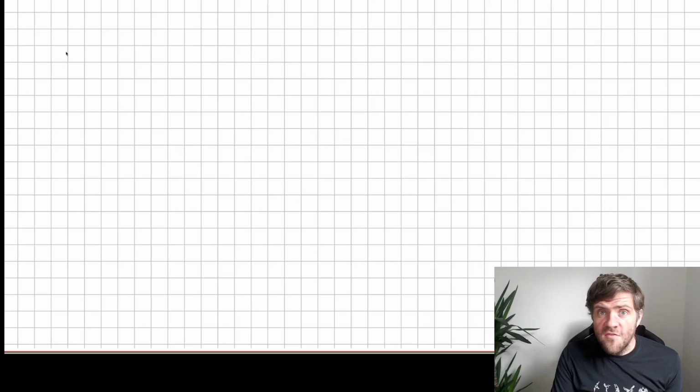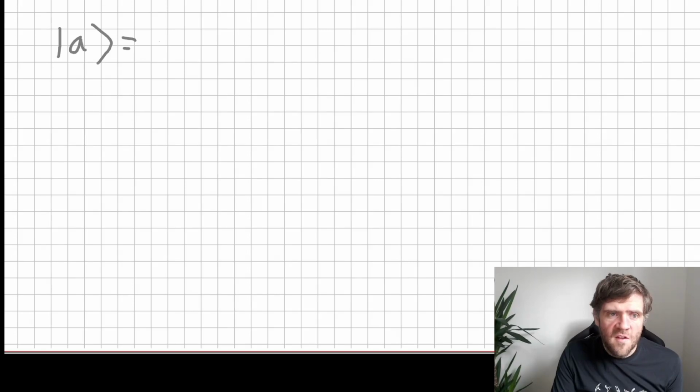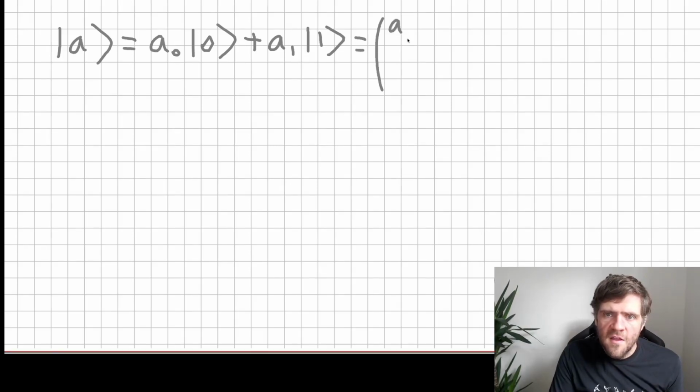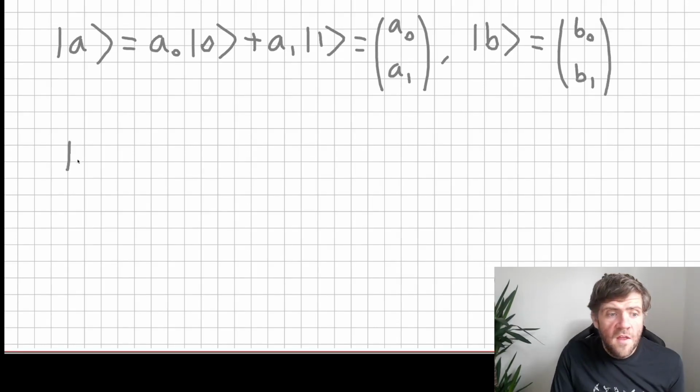Now I've done it for matrices, let's do it for vectors as well. So let's take a vector, let's call it A, with amplitudes A0 for 0 and A1 for 1, which can be represented by this column vector A0, A1. And let's take another. I won't write it out fully in its Dirac form in this case, but it can be represented by a column vector B0, B1. So if we do a tensor product of these vectors,